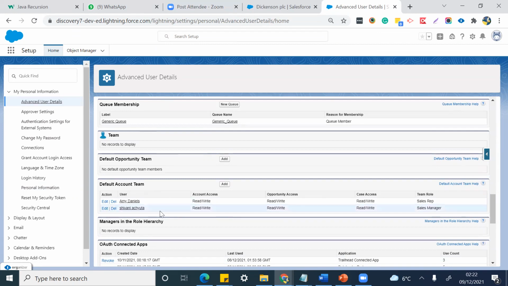Amy Daniels, yes. So what I'm thinking is, because the account owner now, who is the account owner now? SSV, I guess, right? Yes. So that's why if you choose default team, these two people are coming. If the account owner is a different person, I think these two will not come. Maybe you can try with any other account, madam. Just change the account owner. Apart from SSV, you can choose any other account owner. So just add a default team. We can see what will happen.